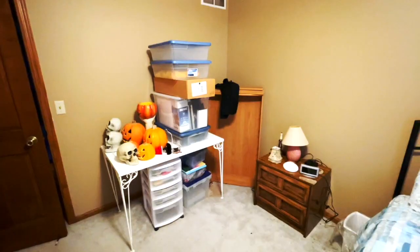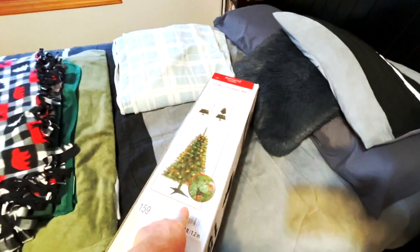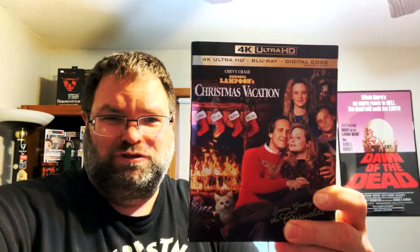Oh yes, the first accumulating snowfall of the year. This can only mean one thing: that it's definitely time to take down the Halloween studio that I probably should have done like 2 weeks ago. Now that that's almost done, it's time to put up a Christmas tree, bundle up from the wintry wonderland that's outside, and throw in National Lampoon's Christmas Vacation